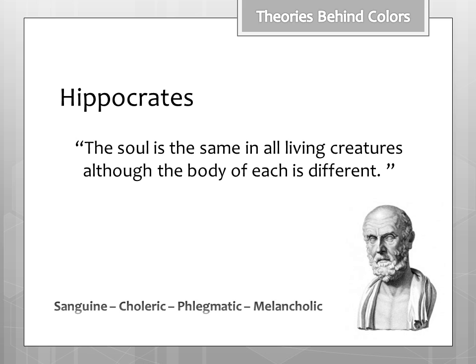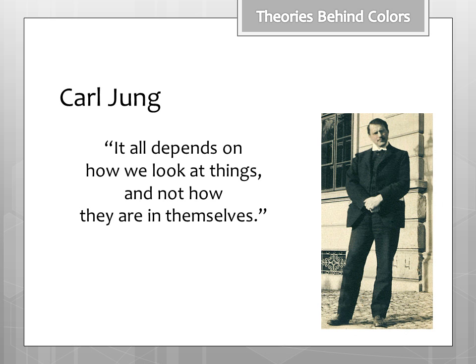But basically, the theories behind colors actually came from a long time ago. That's where Hippocrates had identified 4 different types of human beings, and he separated them out into different personality types. Though in more recent years, Carl Jung described personality or temperament differences as a fundamental basis for understanding human beings. And when his work, Psychological Type, was translated into English in 1923,